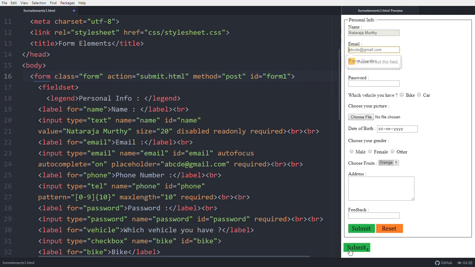See this. When this is clicked, this file is getting affected. Before, this file didn't get affected, but now when I click submit to, this file is getting affected.